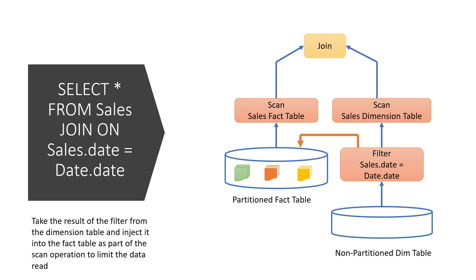So what is happening is we have already reduced the data by filtering. First of all, we scanned the smaller table. Then the data got reduced by filtering and that was used as a scan on the sales table. So we are not scanning the whole of the sales table. We are scanning only the ones where the date column is matching. This is done by Spark on its own from Spark 3.0 onwards because dynamic partition pruning has been introduced. So this is going to immensely help us in optimization.